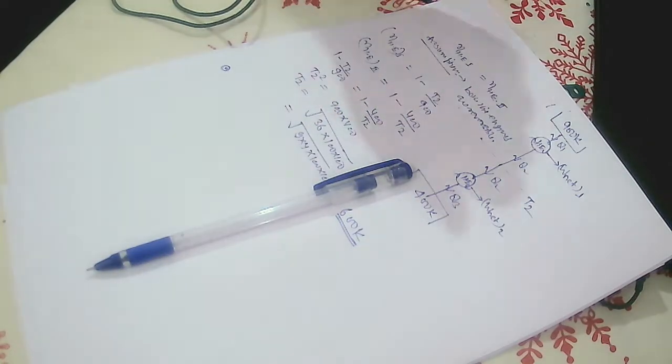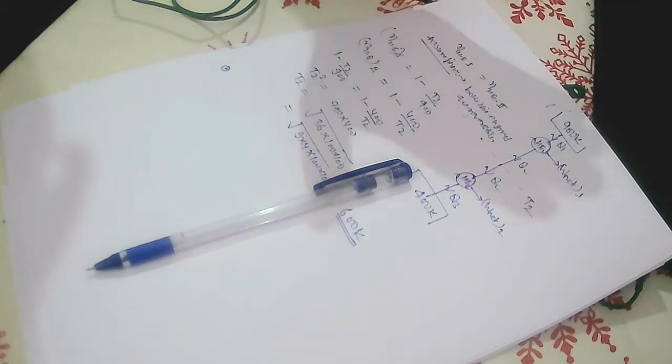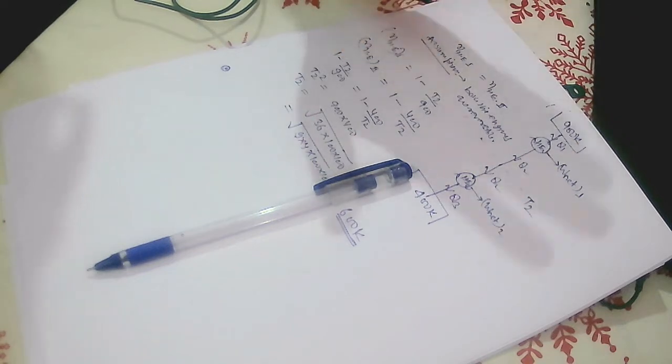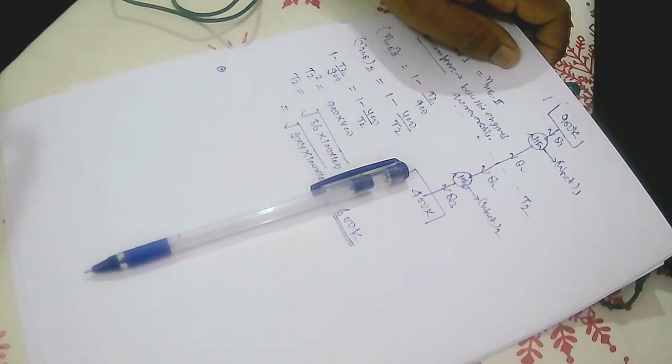So look at the options. All the engines are equally efficient. This is the correct answer. And other options were none of the engine A, engine B, engine C. So the correct answer is all the engines are equally efficient. Now the last problem.